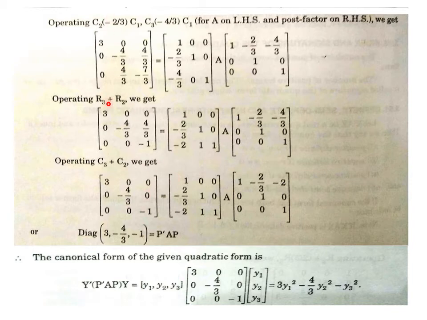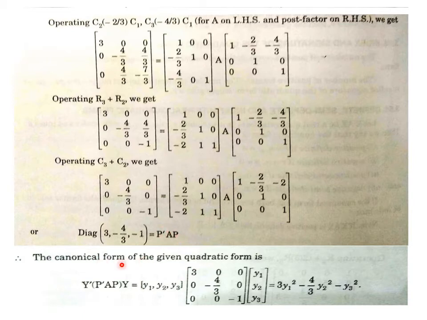And whenever we perform a row operation, the first matrix of the right hand side is affected, and the same operation is to be performed there, and whenever we perform column operations, the third matrix is to be operated on, and the first will be invariant. So finally we obtained a diagonal matrix on the left hand side. Matrix A is converted into the diagonal form, where 3, minus 4 by 3, minus 1 are the elements of the principal diagonal, and the right hand side is to be recognized as P dash, that matrix is P dash A P, and you can easily check that these two matrices are transposes of each other, as P dash and P are the symbols.